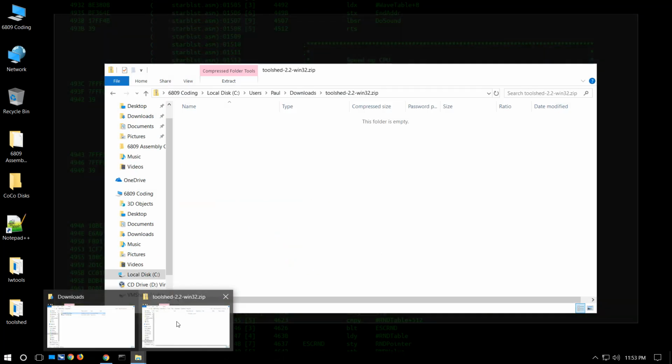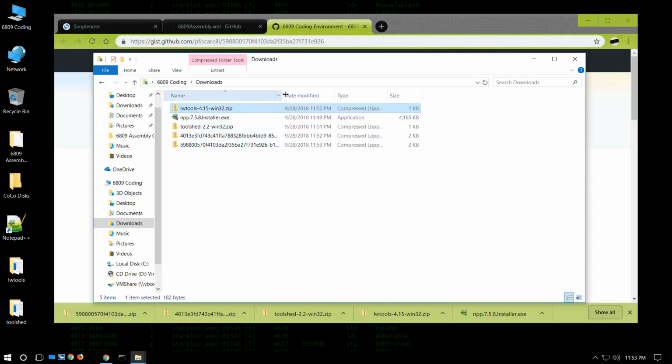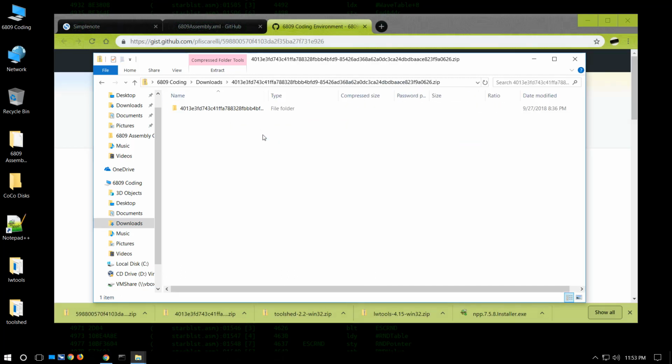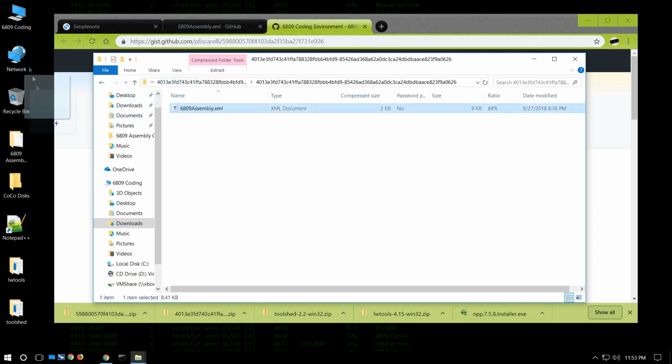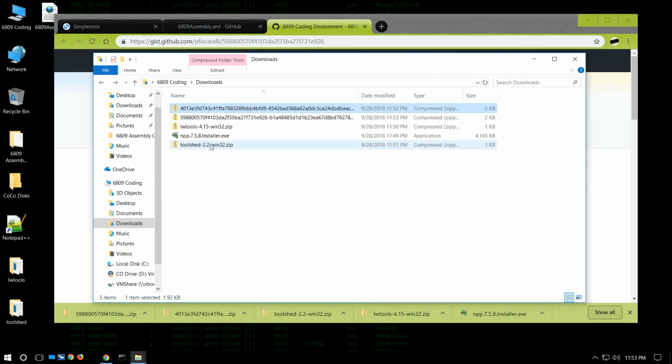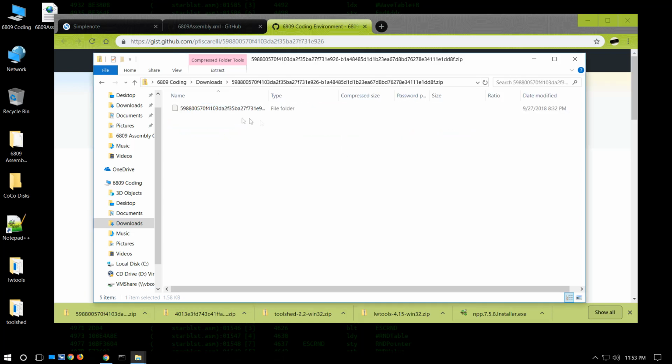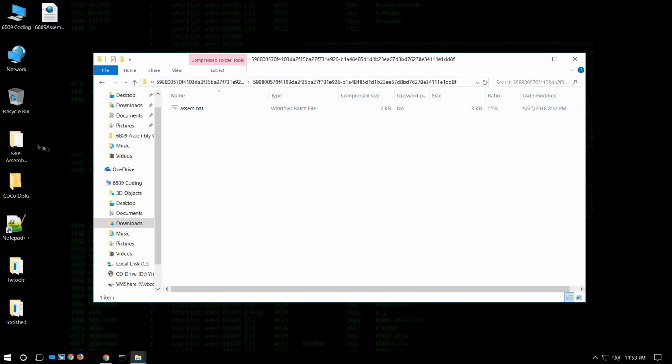So go to the downloads, and we've got the two here. And here's our 6809 assembly.xml. I'm just going to move this to the desktop right now. And we'll do the same thing for the assembly batch file. One other thing that you're going to want to do is create a couple folders on your desktop. One folder is going to be for containing our code, our source files, and I have mine named 6809 assembly